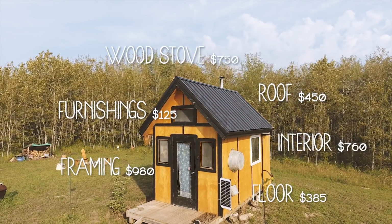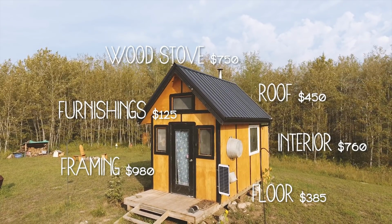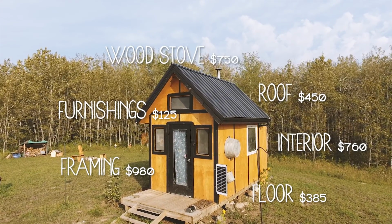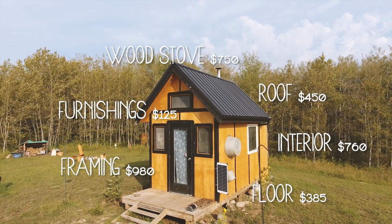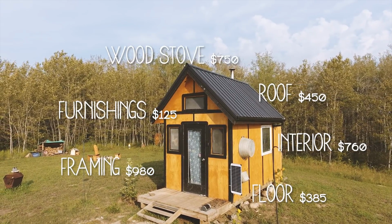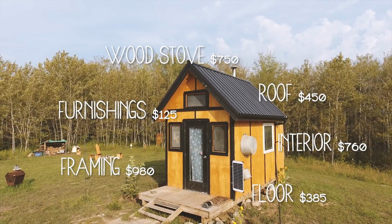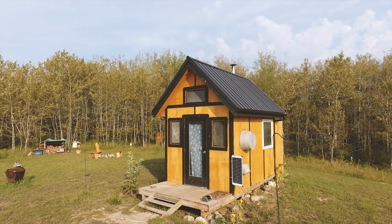Foundation and floor, about $385. Framing, sheeting, and exterior trim, about $980. Roof, about $450. Interior insulation and boarding, $760. Wood stove, $750. Interior furnishings, about $125. So altogether, about